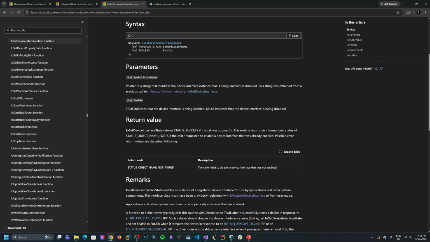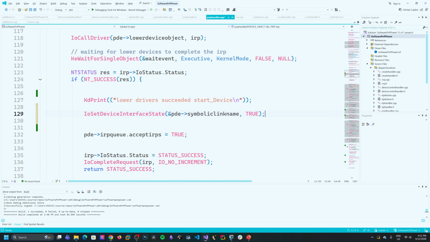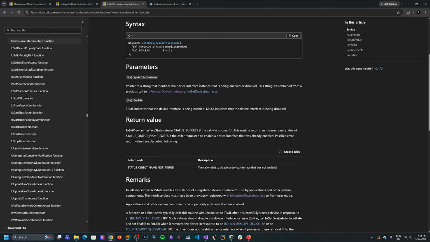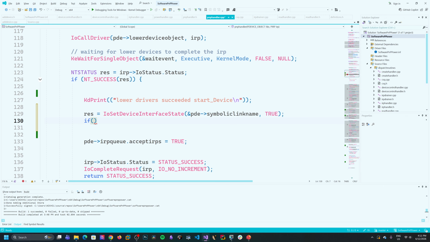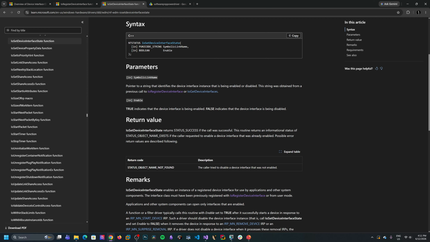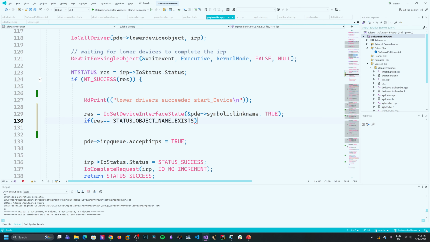We need to handle the status object name exists. If that was already enabled, so if res is equal to status object name exists,